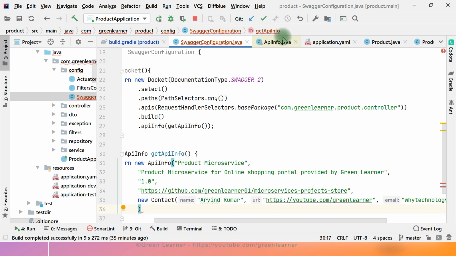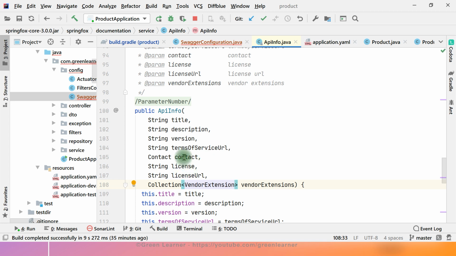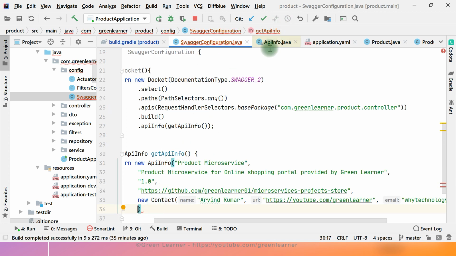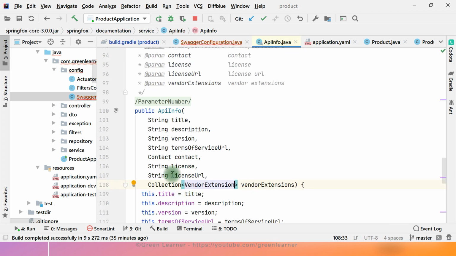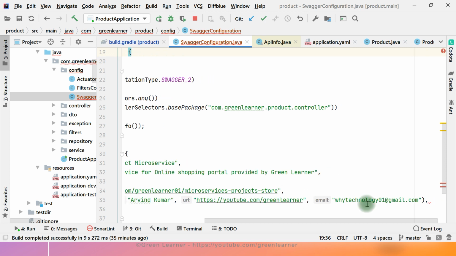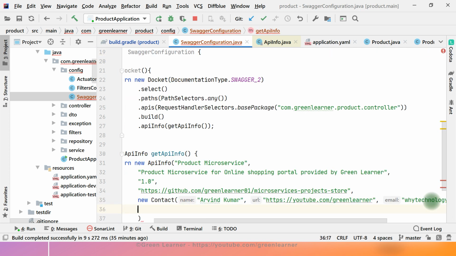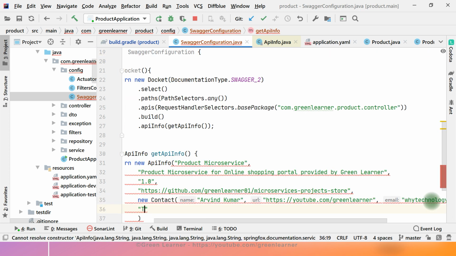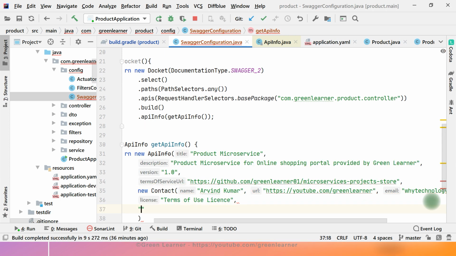And after this, one more piece of information: we have license and license URL. So for license, just give terms of use license, and that URL I have to mention.